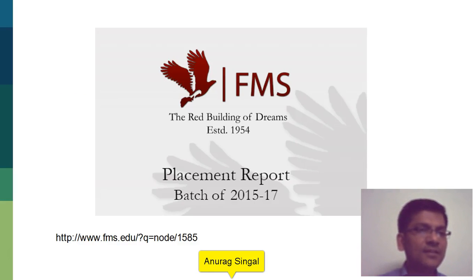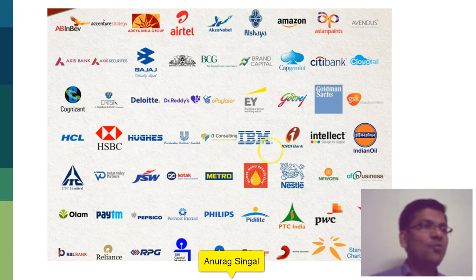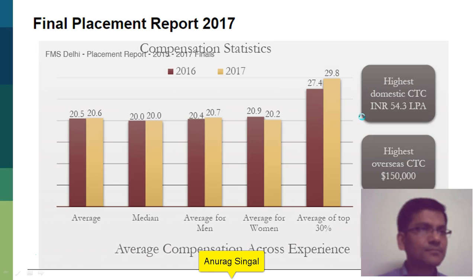FMS, the only college in India which makes an MBA dream possible at a cost of 1 lakh rupees. Look at the kind of companies which come there: AB InBev, EY, Deloitte, all the big names. And compensation, super compensation. Highest domestic salary 54 lakhs. Overseas CTC 1 lakh 50. Average CTC of the top 50% of the class